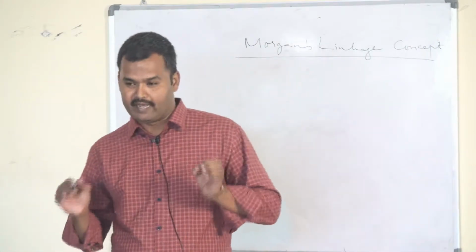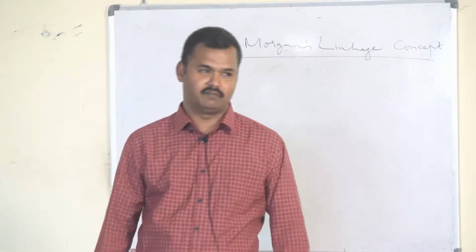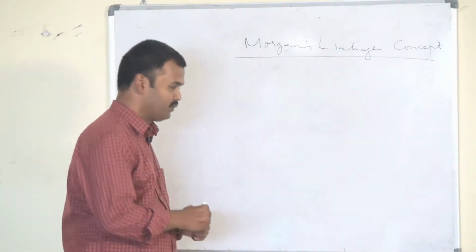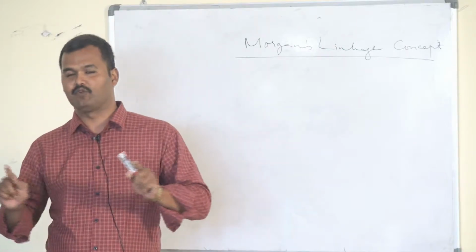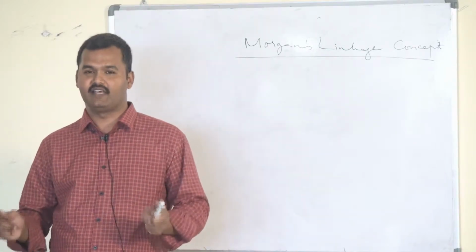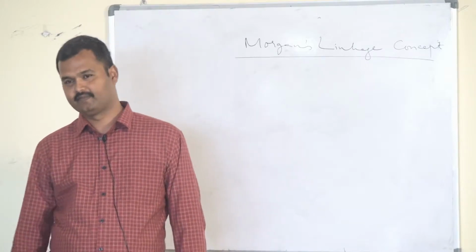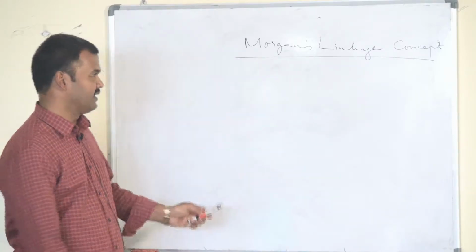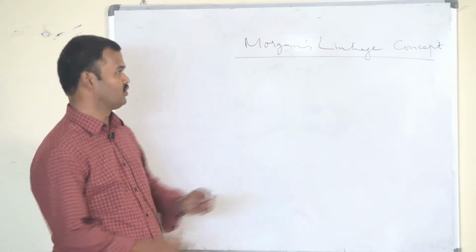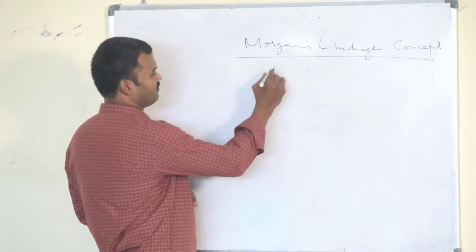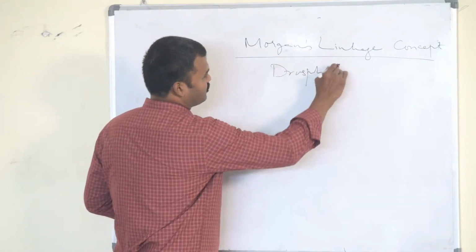So as per the linkage concept of Morgan, he gave us a pure light of ideas, telling us that genes which are located on the same chromosome, if they are very close to one another, would definitely be linked together. This applies to the characters of the Drosophila, the animal experimental model of genetics. Now this Drosophila, or the fruit fly,